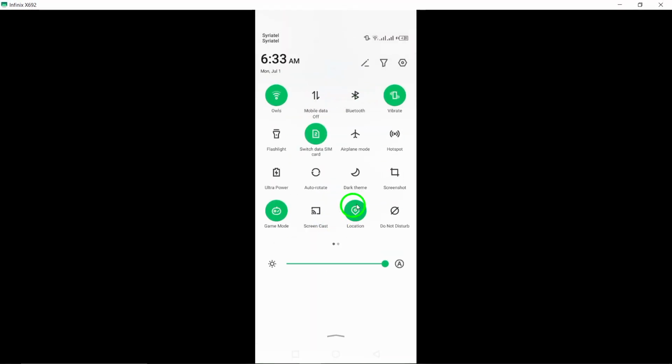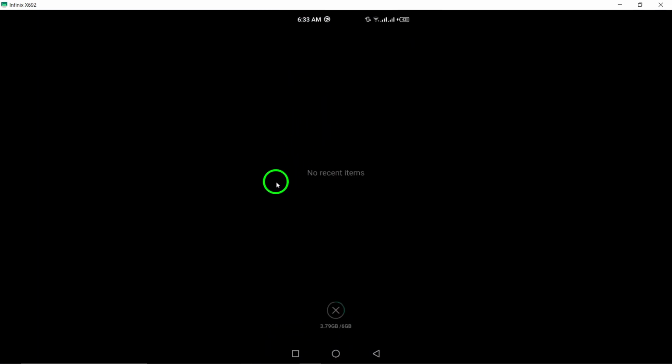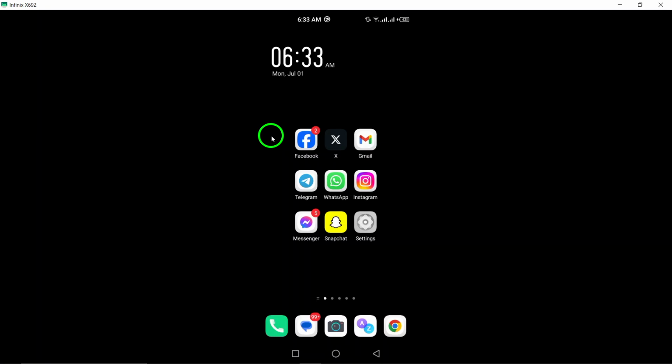This will disable the microphone access for the Telegram app, ensuring that it cannot listen to your conversations or record audio without your consent. By following these simple steps, you can protect your privacy and prevent unauthorized access to your microphone on